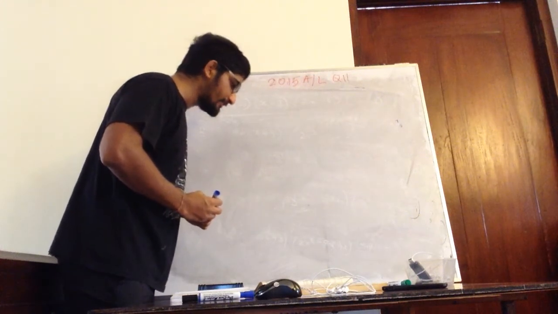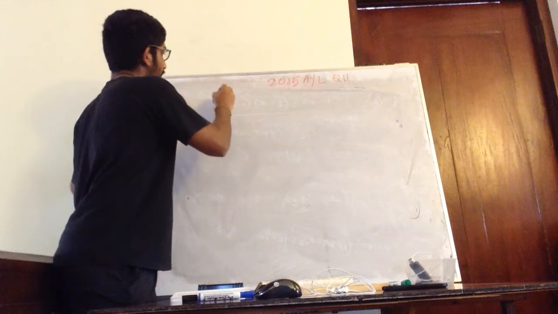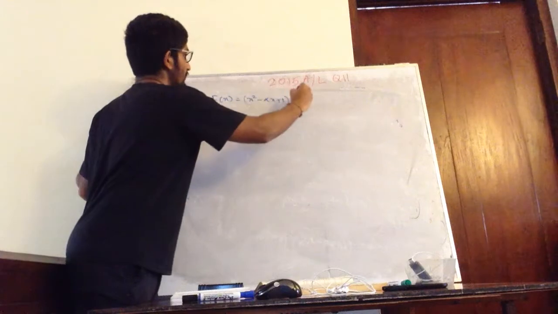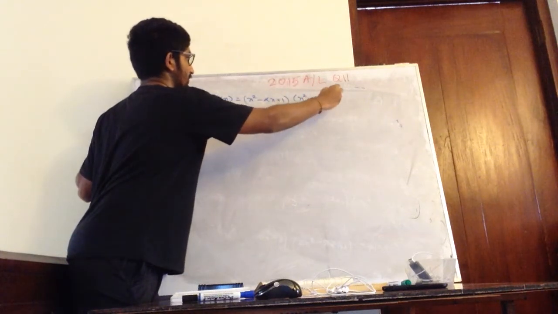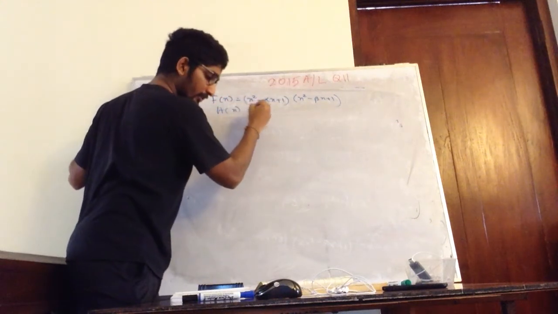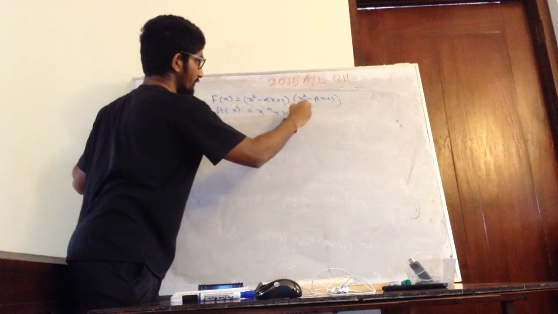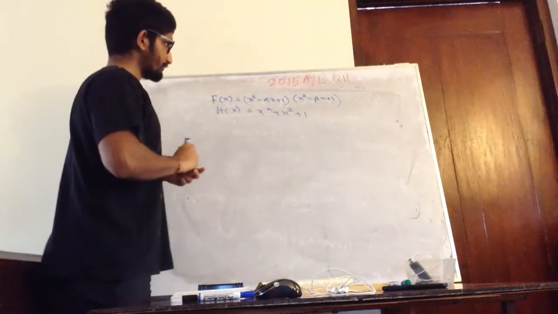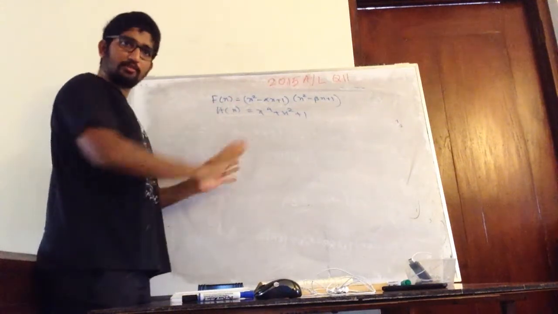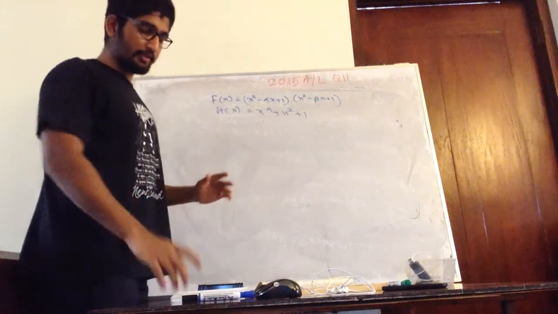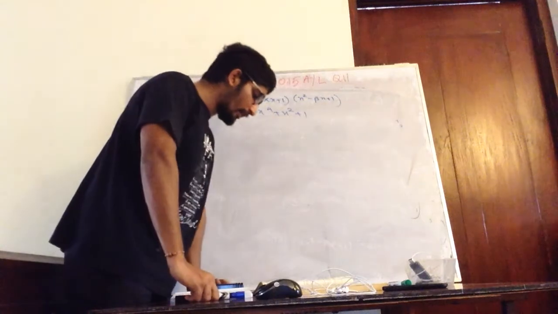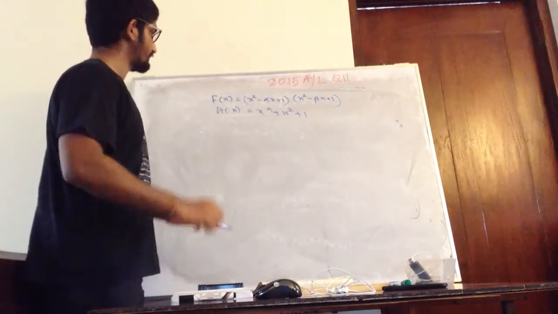f(x) and h(x) is. So f(x) is x squared minus alpha x plus 1, x squared minus beta x plus 1, then h(x) is what? x to the power 4 plus x squared plus 1. Right now, the alpha, beta values we found before are not the values here. That is different. So we need to find the alpha, beta values here, right? So they are saying these two are equal.